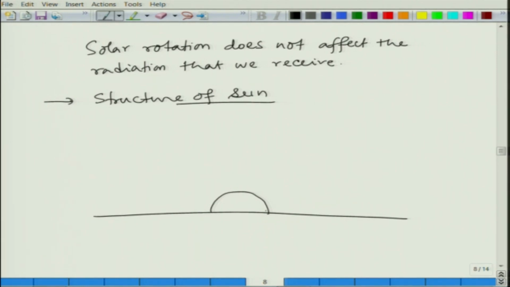So, the core of the sun is extremely high temperature, extremely high pressure, right, that you can just imagine, and temperature here is about 8 to 40 into 10 to the power 6 Kelvin, very very high temperature, okay, and pressure here is 10 to the power 9 atmospheric, okay, again extremely high pressure,